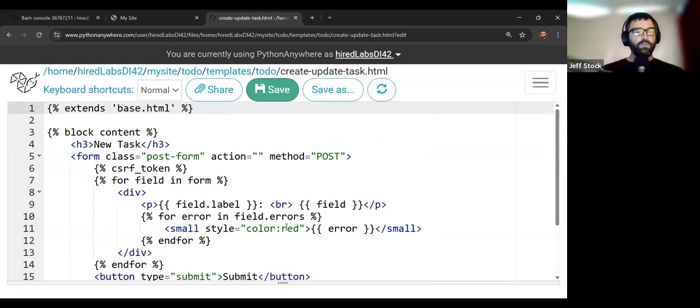So all we need to do is add a little bit of logic to the top of this, because the only thing that's really going to change is this heading right here where it says new task. The only thing we're going to update is whether it's a new task or we're updating a task. So there's no need to rewrite this entire form just for that, right? So what we're going to do is add a very simple